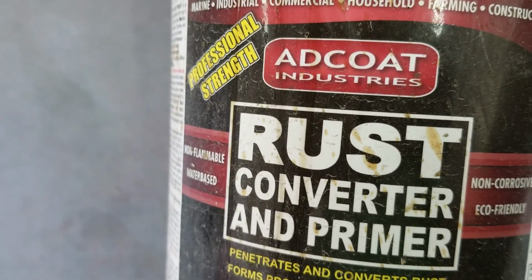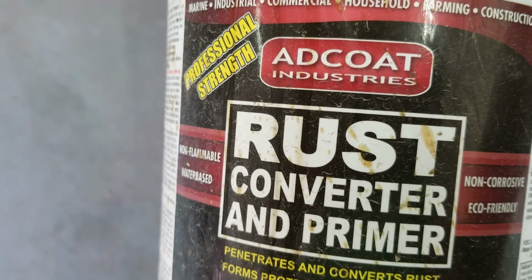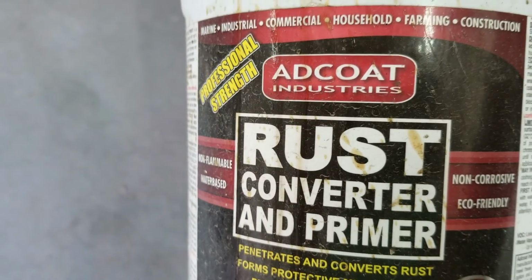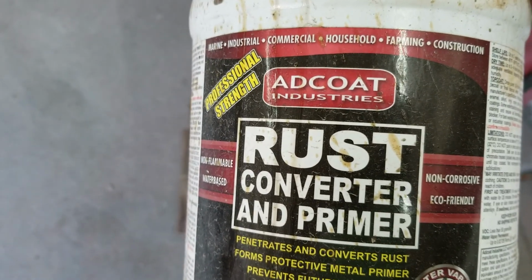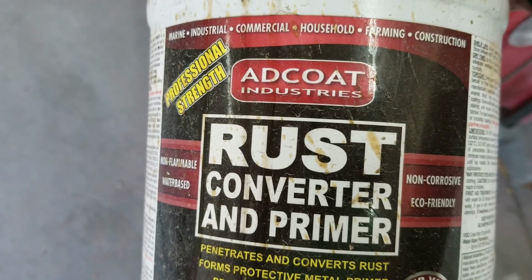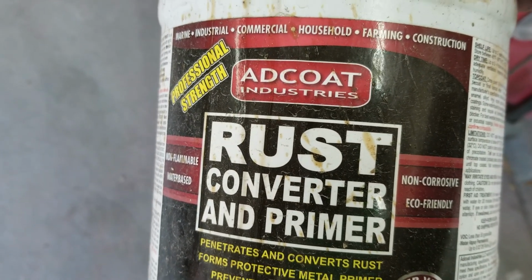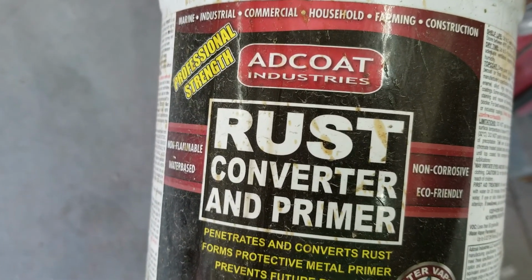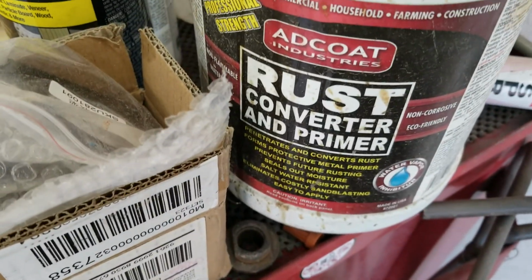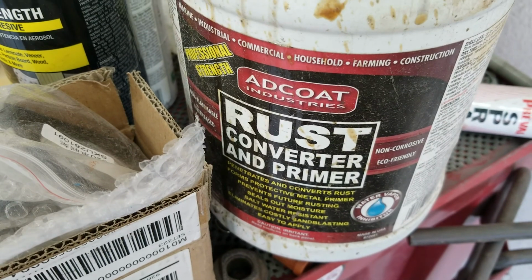Some guys will say use POR 15. I think POR 15 is just kind of an overpriced version of the same thing. So you can use POR 15 on your pan or whatever, but a lot of times you might have trouble applying it because you don't have a way to lift your car up. I want to show you how you can do that on the ground real quick, because finish is probably secondary